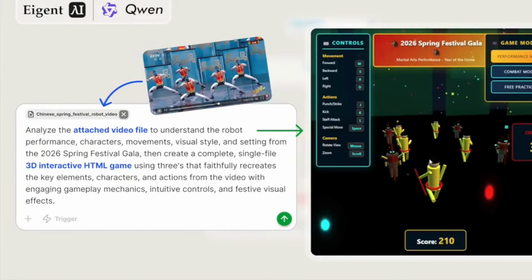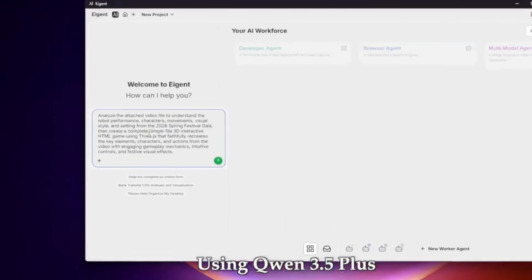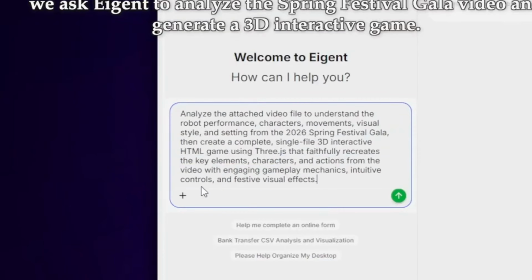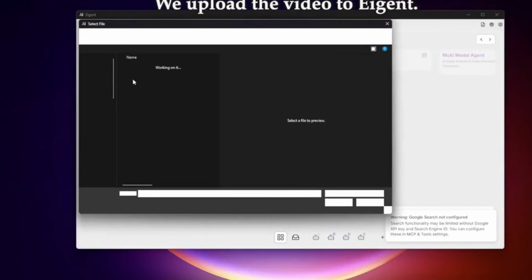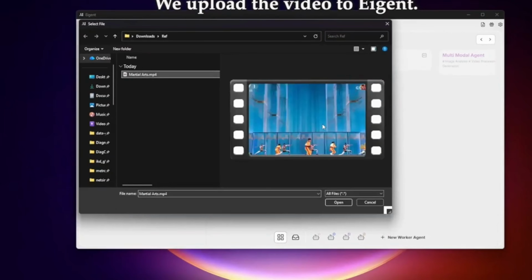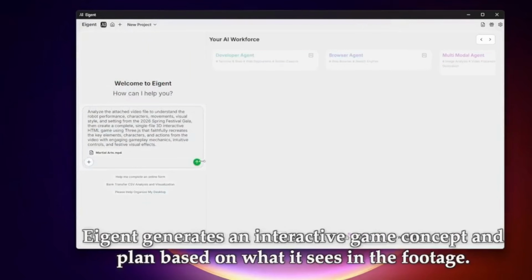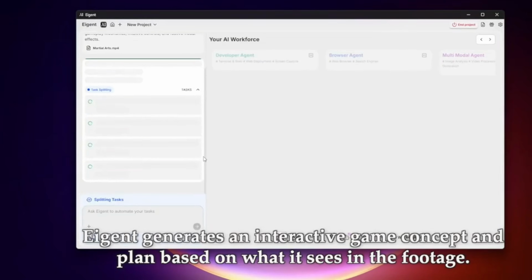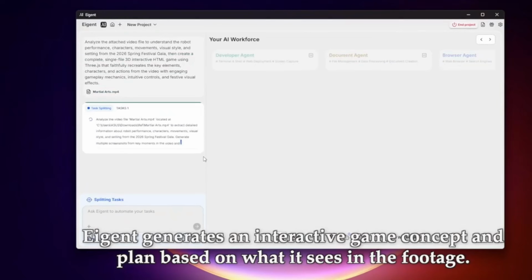The open-weight AI revolution just delivered a fatal blow to the closed-source giants. What you are looking at is the brand-new Qwen 3.5 Plus model running inside the Eigent AI multi-agent framework, and I am about to show you a demonstration that will absolutely blow your mind. I uploaded a standard 2D video clip from a Spring Festival Gala performance and gave Qwen a single, highly complex